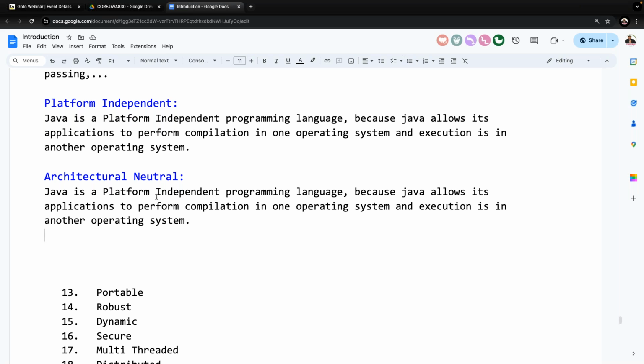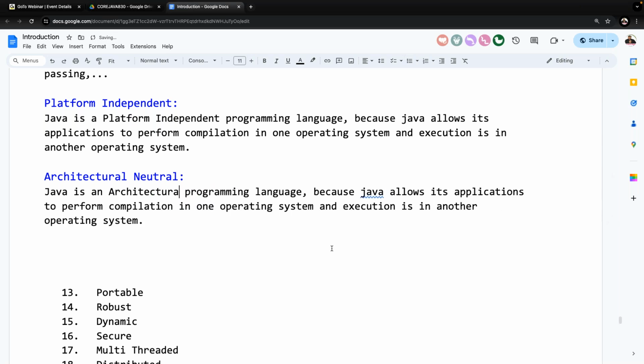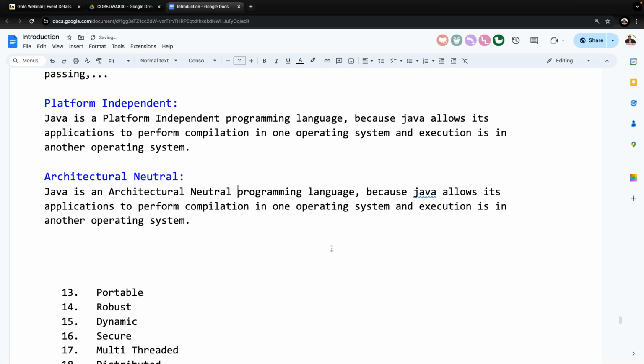Now I need to convert this point into a definition. Java is an architectural neutral programming language. Why? Because Java allows its applications to perform compilation in one hardware architecture and execution in another hardware architecture.